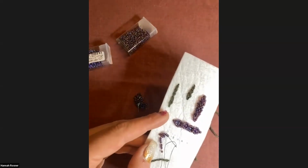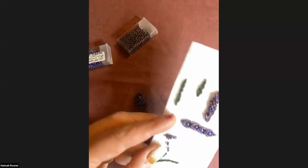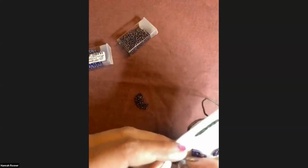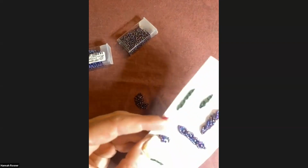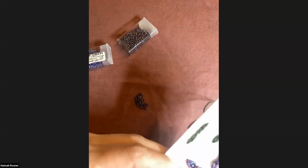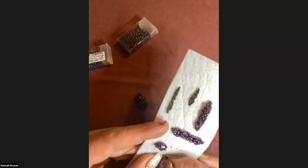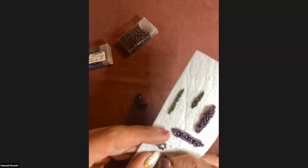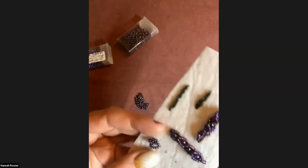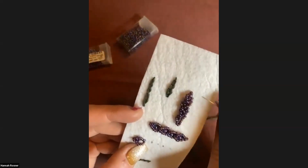And then I'm going to go into the first bead that I added. So I've added 14 beads, and I'm going back through that first. There it is. And you'll see that I've created my little loop. Now it's a little bit loose, and that's good because we're going to be putting in our next loop in just a second. And remember, I said if you do it too tight, you end up with this sort of